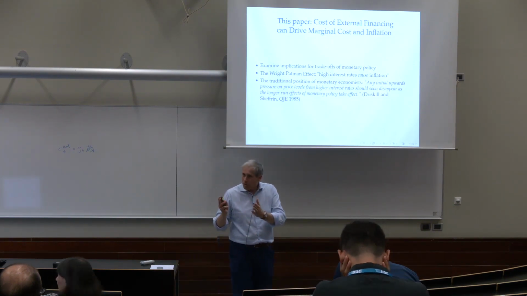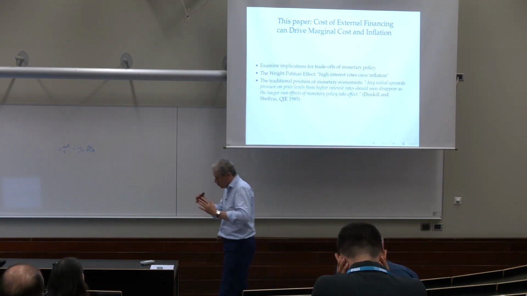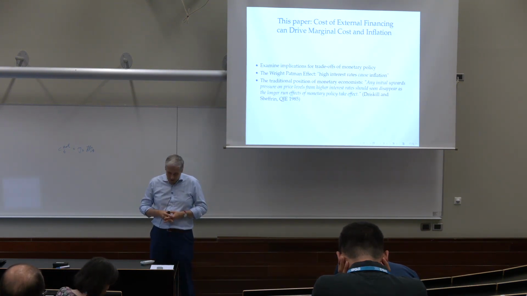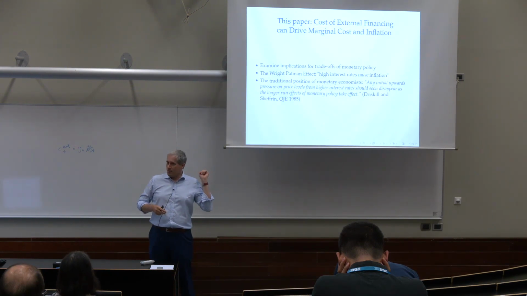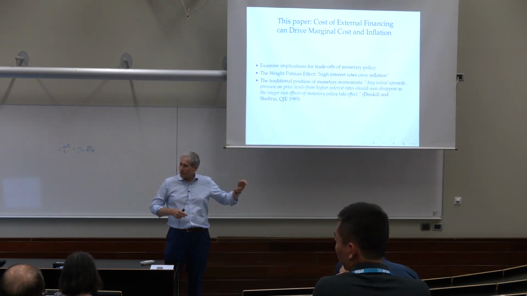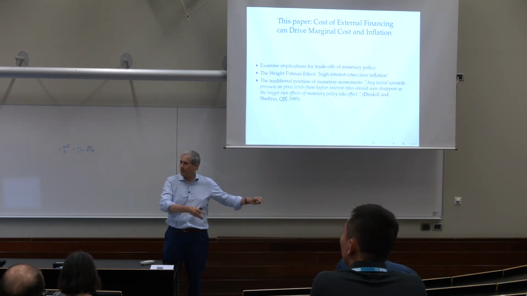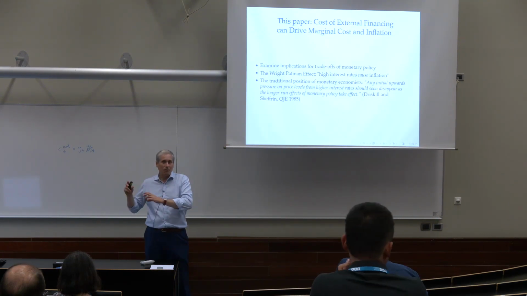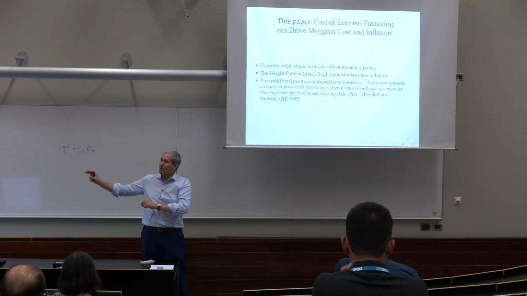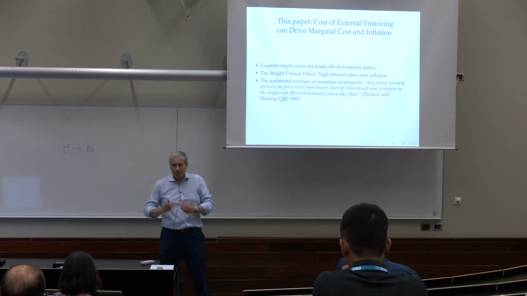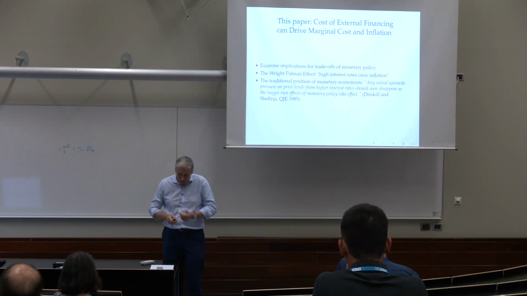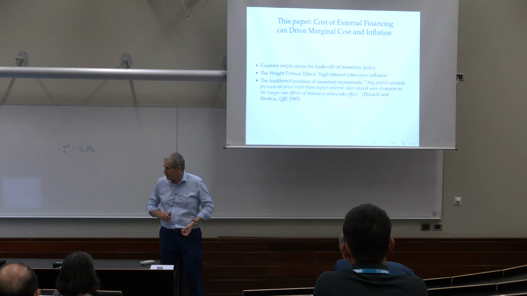So the question that I had in my mind was, okay, we know that the cost channel will attenuate the power of monetary policy. Now we have 2 financing constraints in this model. Because we have working capital, you can call it short-term, I'm financing wages, and then you have corporate debt, which is more in our mind equivalent to long-term, so I'm financing capital investments. And this is the way in which the model works. So what do I get out of having 2 financing constraints instead of having only one? We know that we will get some attenuation results, but what else do I get?